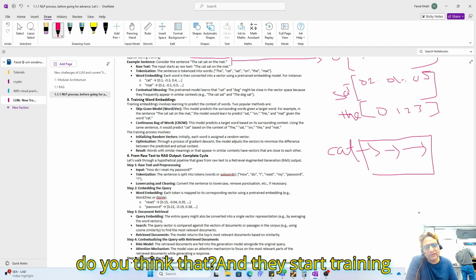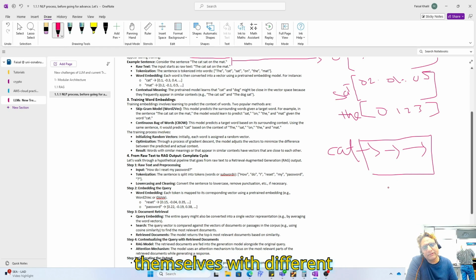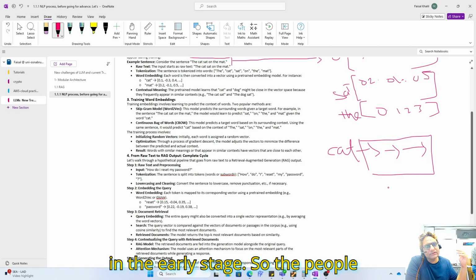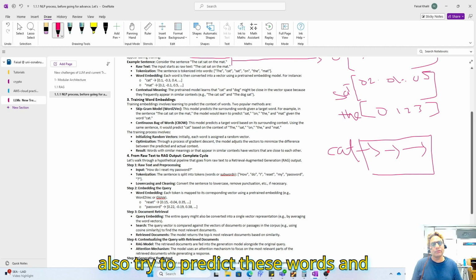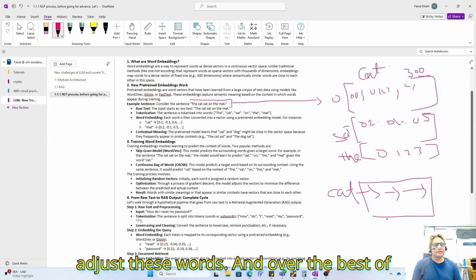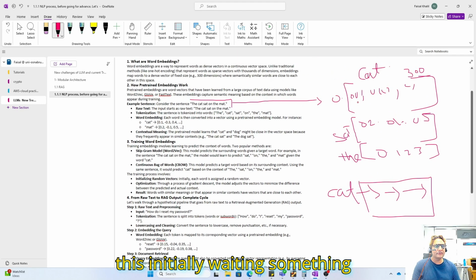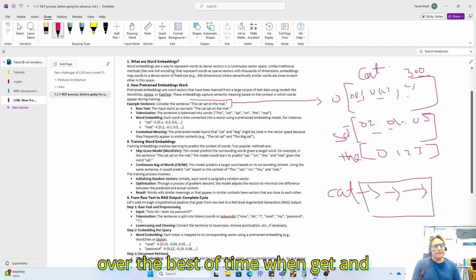What do you think? They start training themselves. In the early stage, people also labeled some words, and the model tried to predict these words and adjusted them. Over the passage of time, the initial weights start changing.